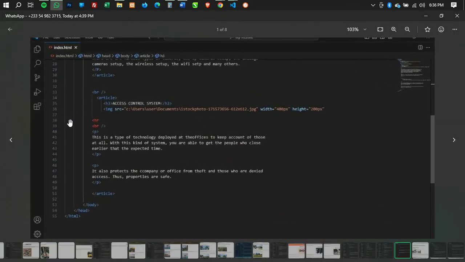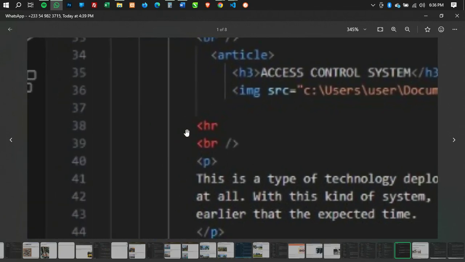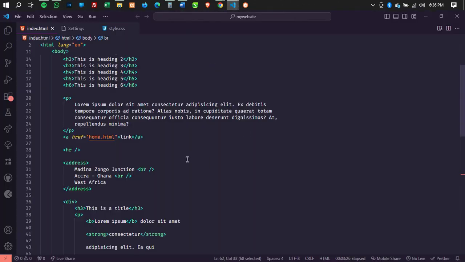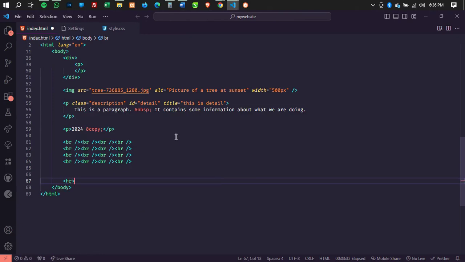All right, so the first of them, which is showing over here, as you can see, somebody brought the HR tag, or the HR element, and didn't close it. I did mention earlier that the HR element is a self-closing element, so it doesn't have an opening and closing tag, unlike the others. When you work with the HR element, it's just HR and you're done.